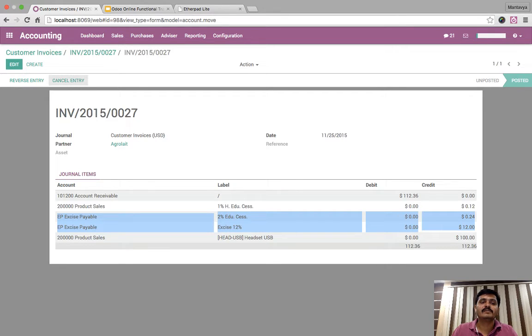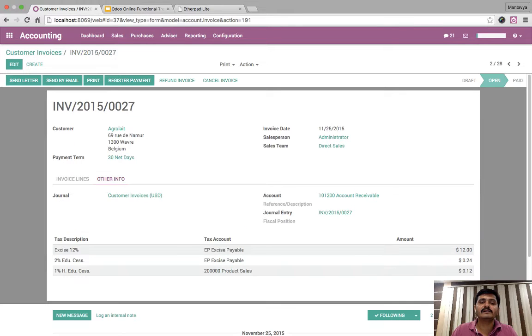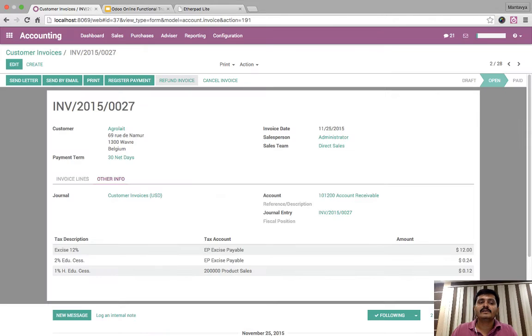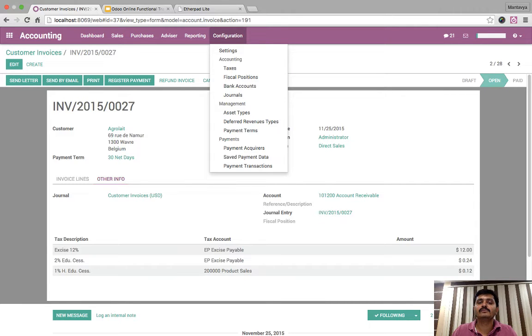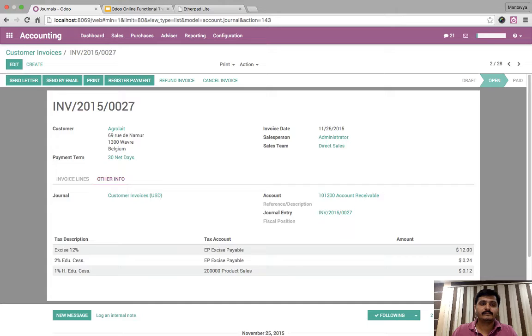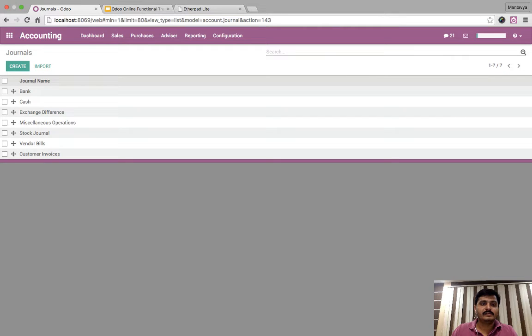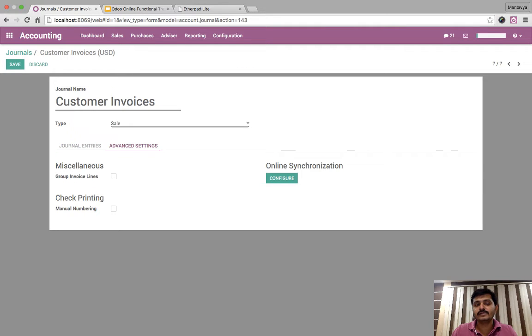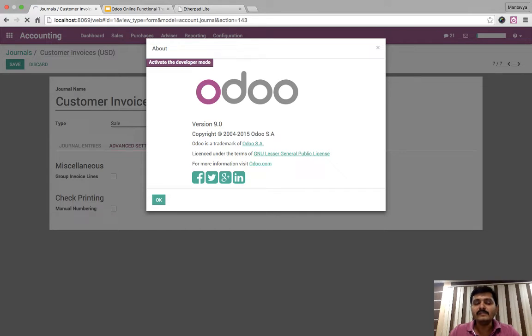Let's check, maybe we can cancel the invoice or not. Okay, you cannot cancel because it's already posted, but you can cancel. I will show you how you can cancel this invoice. So let's go to journal, as it is customer invoice journal. Here you should get the option. To get the option, you have to enter into complex configuration, which is developer mode, and then you can